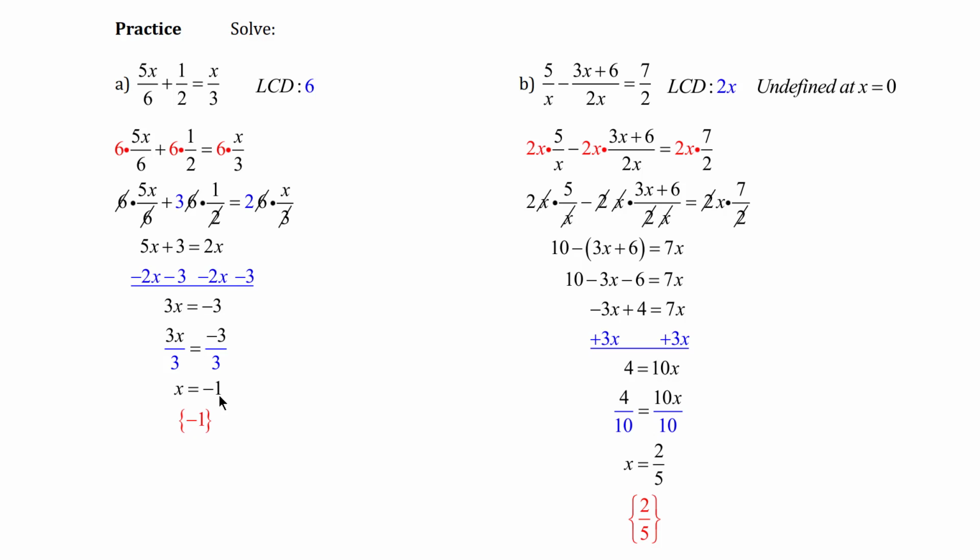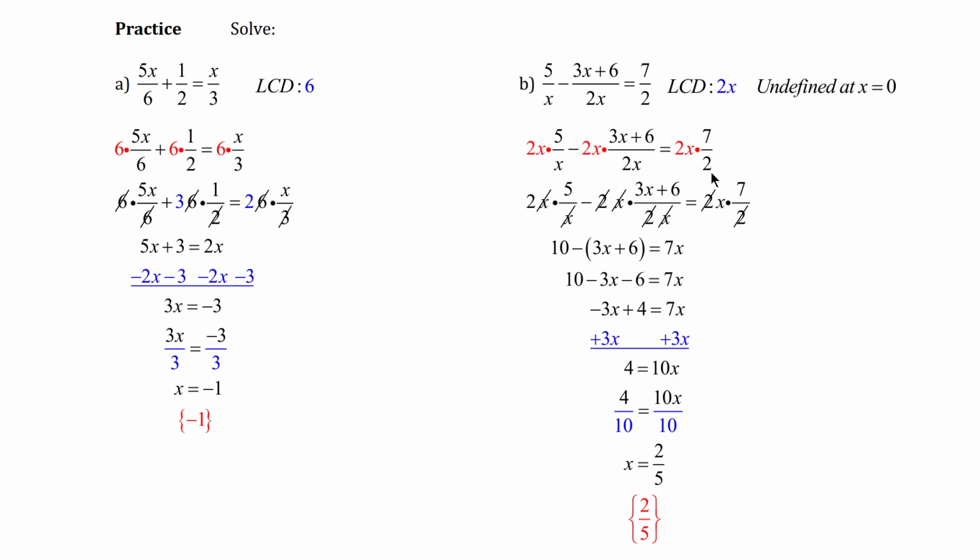We write our final answer in set notation, so I have a set of curly brackets and a -1 on the inside. For part B, the rational equation is undefined at x equals 0, and the LCD is 2x. So we multiply each fraction by 2x. We get 2x times 5 over x minus 2x times (3x plus 6) over 2x equals 2x times 7 over